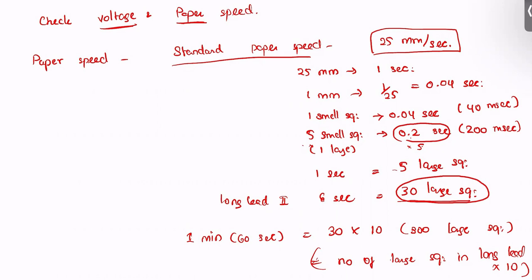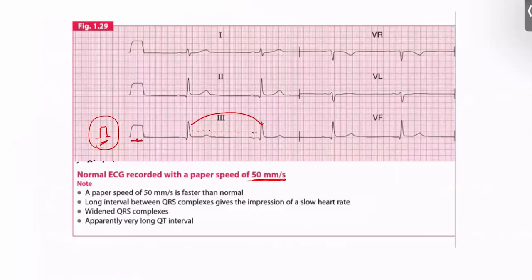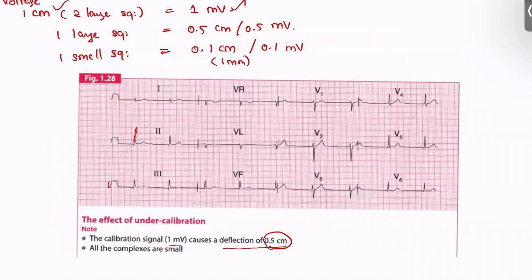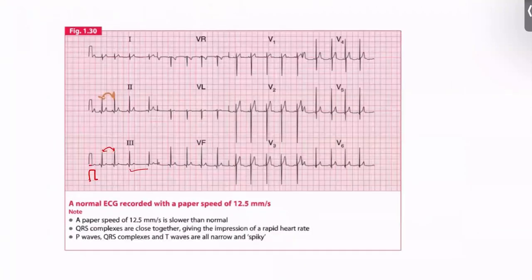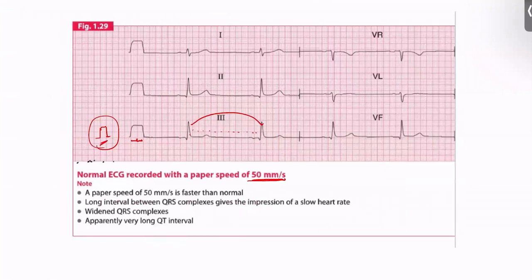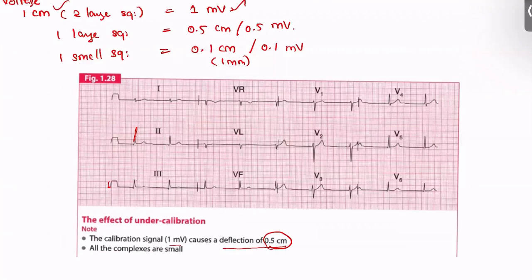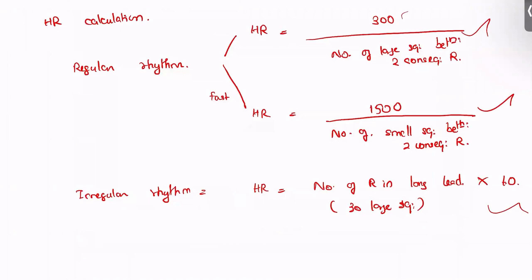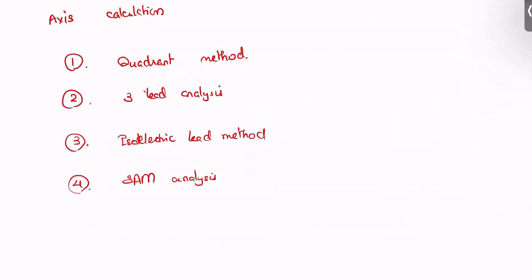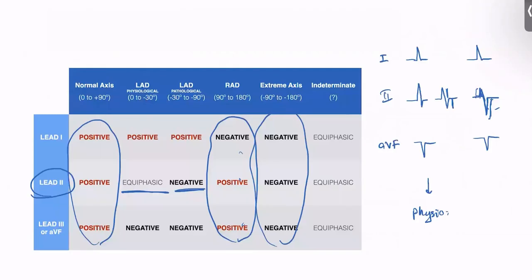Standard paper speed is 25 millimeters per second, and standard voltage is 1 millivolt equals 1 centimeter. We covered the effect of low and high paper speed, and of over-calibration and under-calibration, heart rate calculation for regular rhythm, fast, slow and normal, and irregular rhythm, and then axis calculation by the quadrant method, 3-lead analysis, isoelectric lead method, and SAM analysis. Okay, I hope it would get you